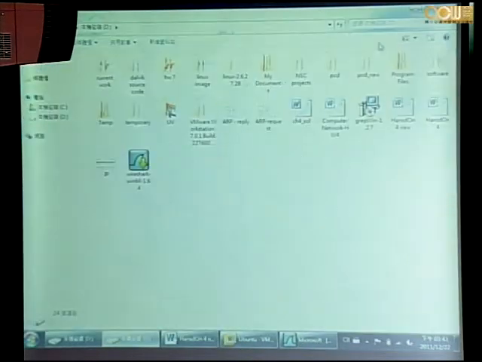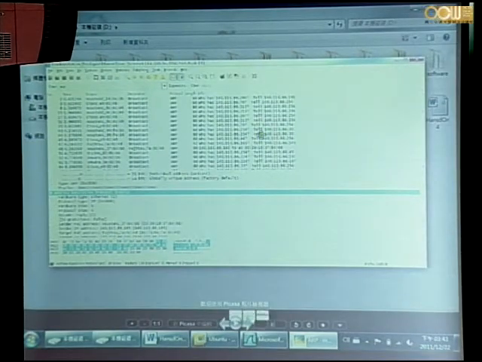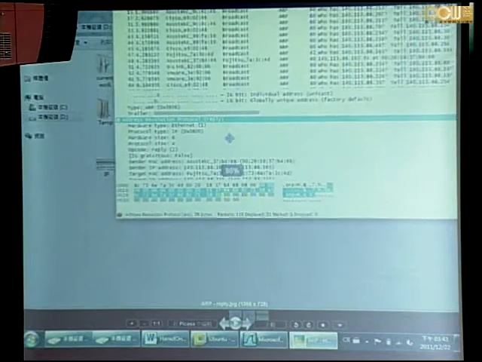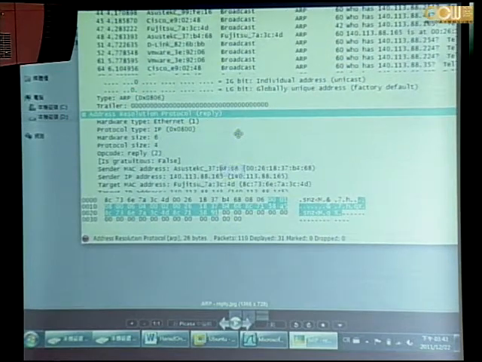For example, this one is an ARP packet for reply. So we can see there's a reply message, and we can find out the protocol type. So all the requested information from the